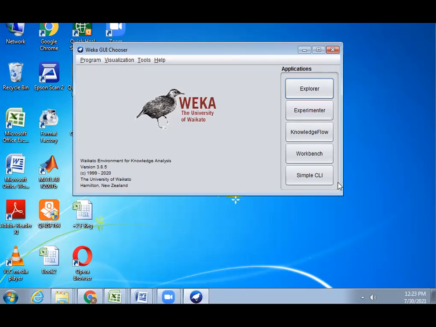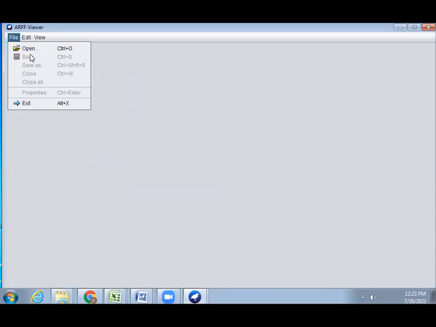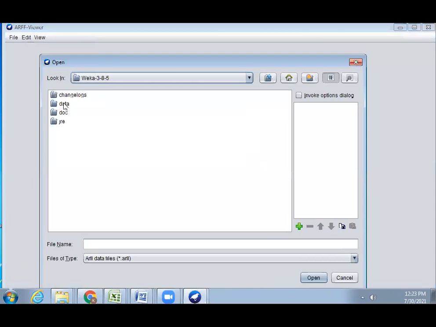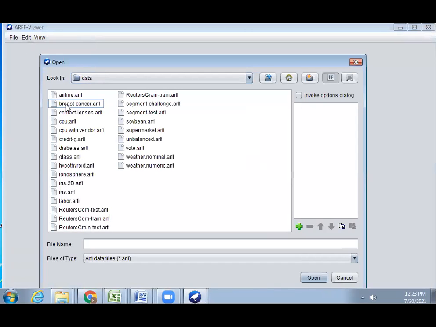is the GUI, graphical user interface chooser for Weka. Here we choose the Tools menu and get the ARFF viewer. From the ARFF viewer, we can open several data sets from the Weka tool.